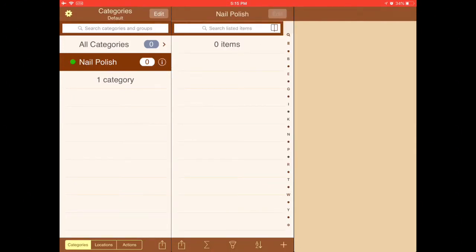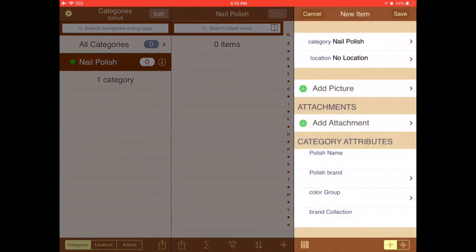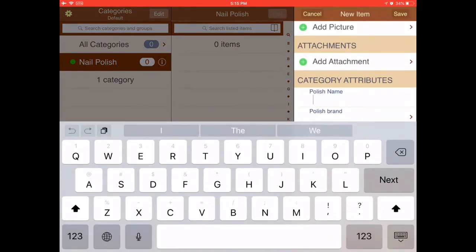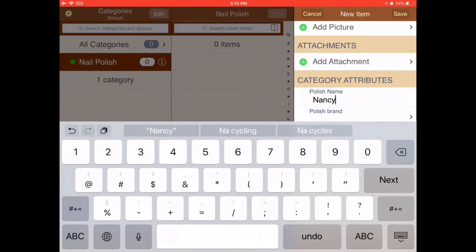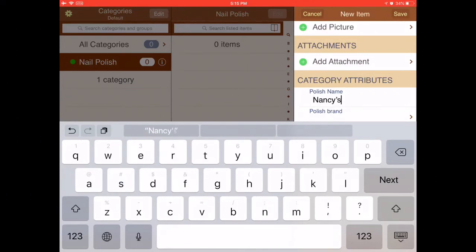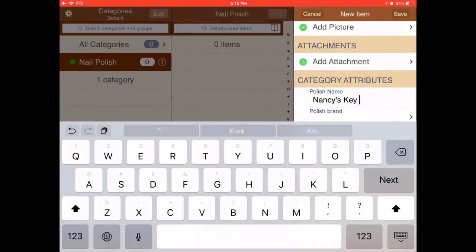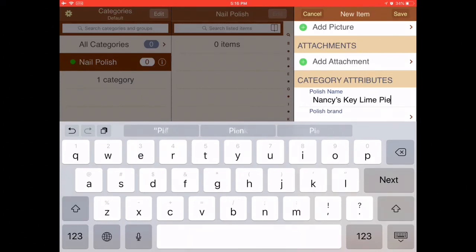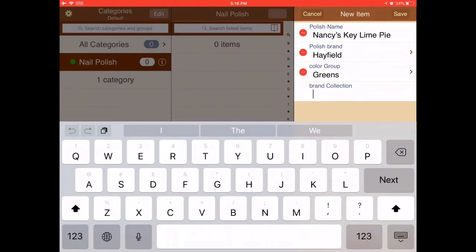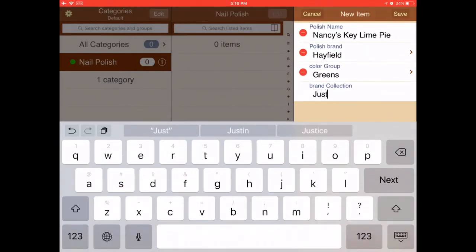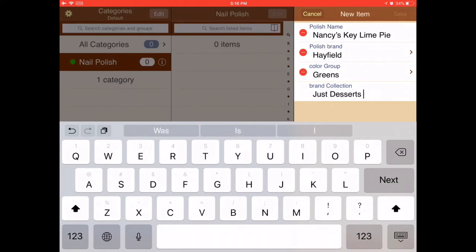Click on the nail polish category, little plus at the bottom, and you can name, we go through your polishes. Click on it. And you go